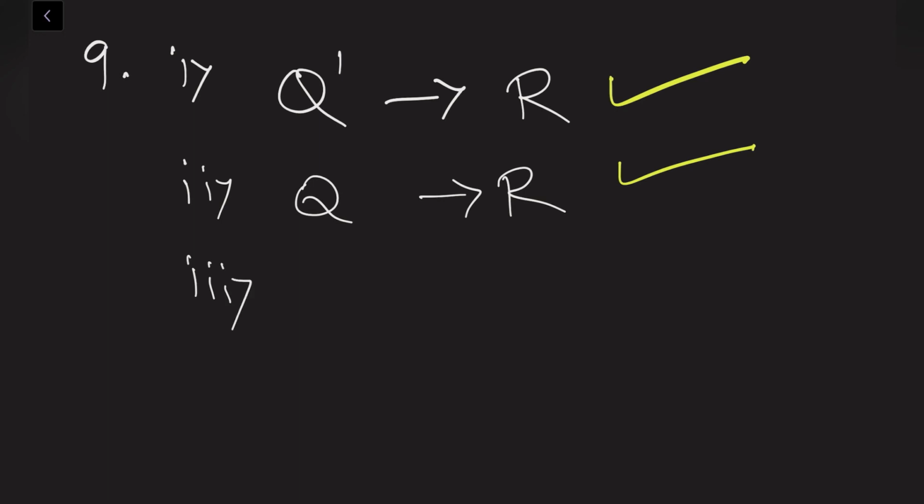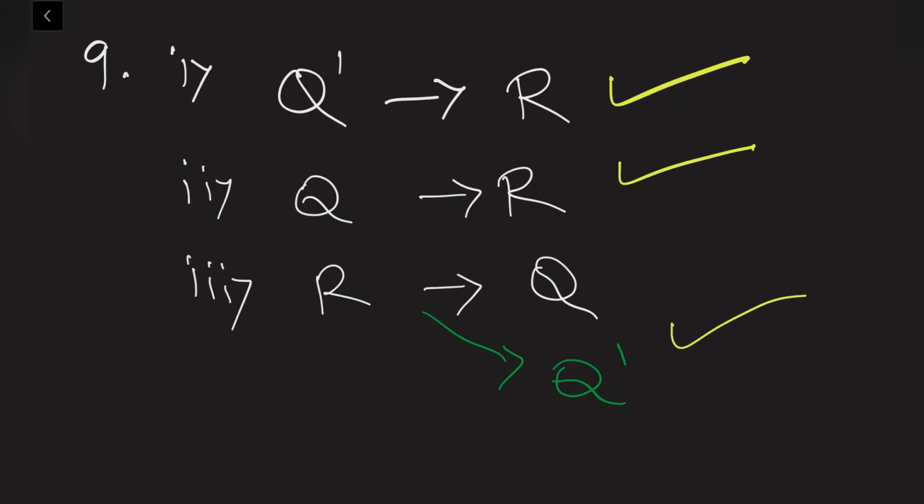Next, third question: every real number need not be rational. Of course yes, because a real number may be rational or irrational. So this statement is also true, because in the real numbers we have two types, one is rational and one is irrational. So he clearly mentioned that every real number need not be rational. Of course it may be irrational also.